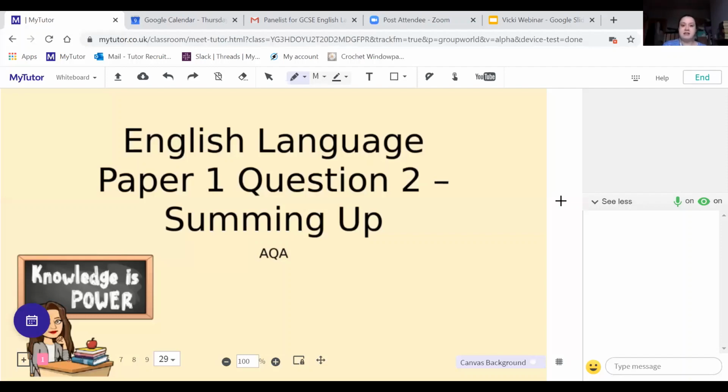Just to say that in terms of what the question paper looks like, what you're expected to do, this is very much more AQA based. We have been AQA based the entire week, but you're able to take away how you can analyse, how you can structure the terminology usage. You've taken that away. This is going to be a bit more specific towards AQA, but there will be bits and pieces which you can also definitely take away.